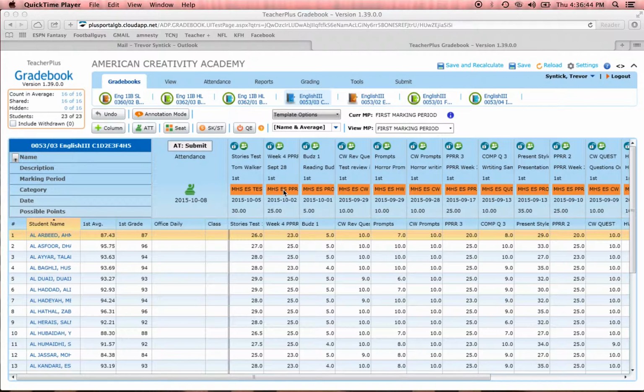I'm just doing a little quick tutorial on how to enter attendance. And I'm going to say that there's two ways you can do this. One is the up-to-date way when you're really on top of things. It's the day by day or even class by class as your classes are coming in. So you can either do it while the students are in the classroom or at the end of the day